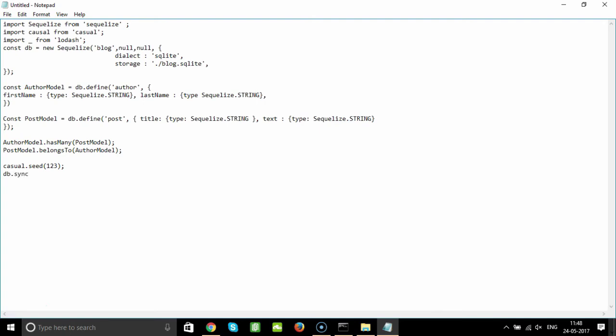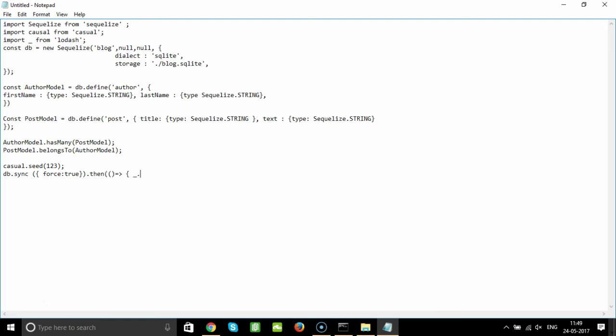So you say db.sync, and then say force, we set it to true because we are forcing a synchronization here. So now close it and then say dot then